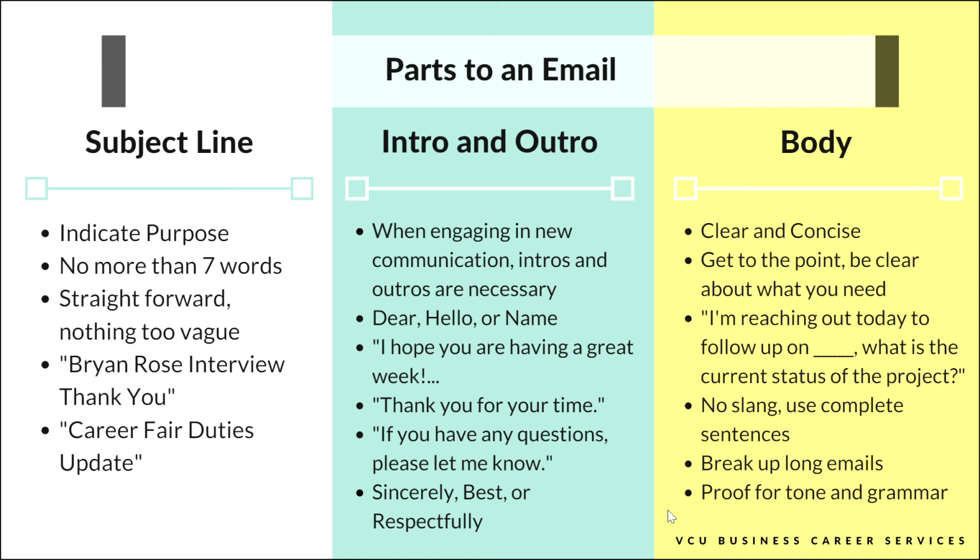I take way too long to proof for tone and grammar of my emails. It's just something that is really, really important to me, and it's probably too important to me, but I'd rather do that than not proof them. I make sure that my grammar is accurate, that my tone is exactly what I want it to be. I think about, again, the relationship dynamics, the power dynamics, the context of the relationship, the context of the project that I'm emailing about, and I'm making sure the tone hits what I want it to hit and that my grammar is proper. So make sure that you read through your email. Just take 2 or 3 minutes to read through, make sure everything's good, and then send it off.